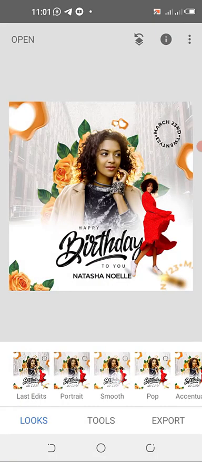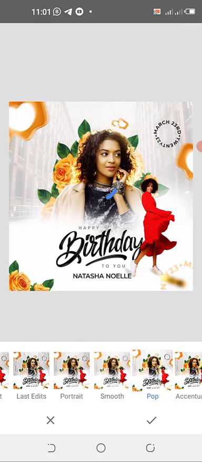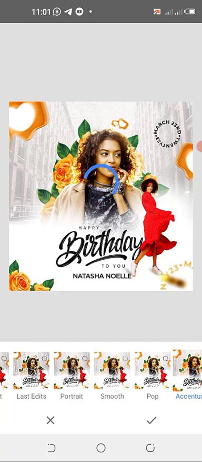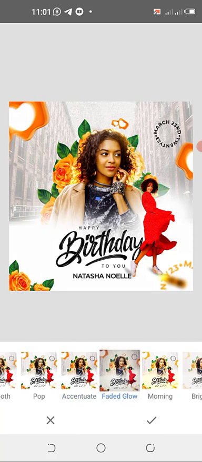Okay, now I can just come here and just bring in the new image again. It's still going to bring out, start afresh. Now you can see smooth is different. Pop, most times I use pop, but pop for my design projects, just use pop. Accentuate, it's also a good effect, a good filter. See, accentuate. Faded glow,